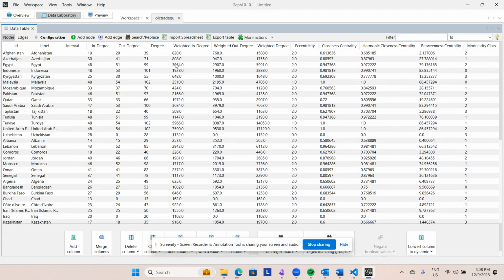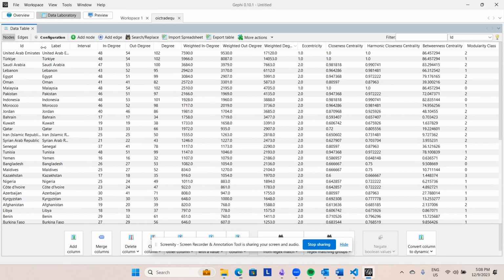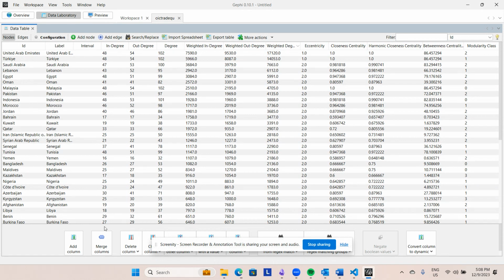Here we don't have to keep them as weighted degree. Instead, for example, here I just sorted, and I'm seeing the United Arab Emirates is number 1 because it has a lot of connection with the other Islamic countries. Instead of remembering these values, I created